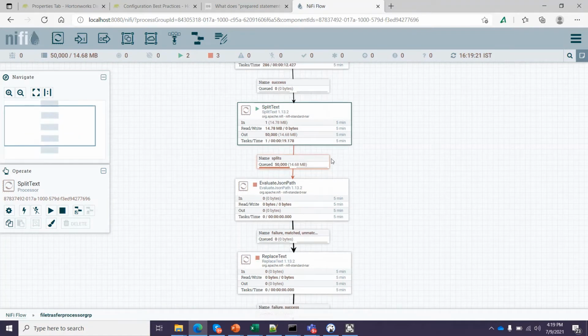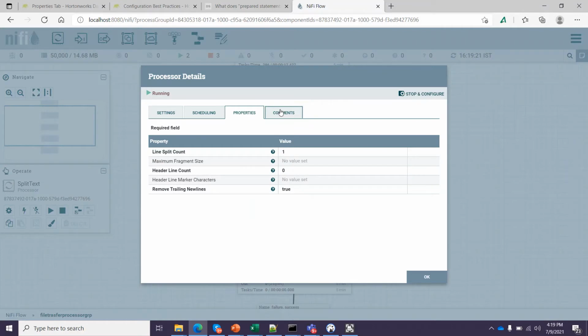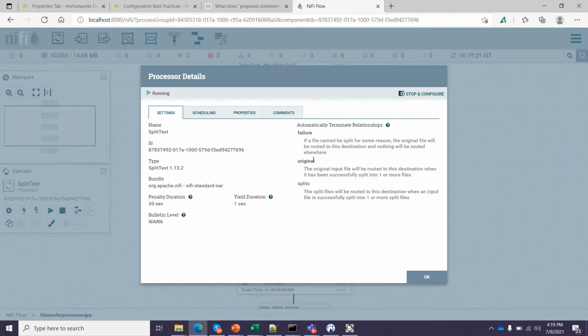Now once the data is in Split Text, if I open this again, I want to show one more thing here. It has three types of terminate relationships. If I select original and failure also, let's say I have 50,000 split records, then the final connection will have 50,000 plus one records.